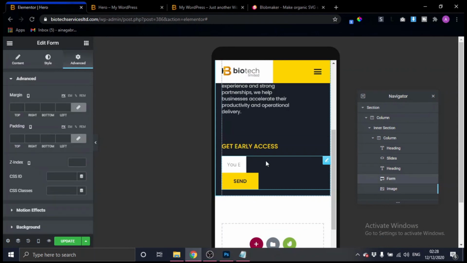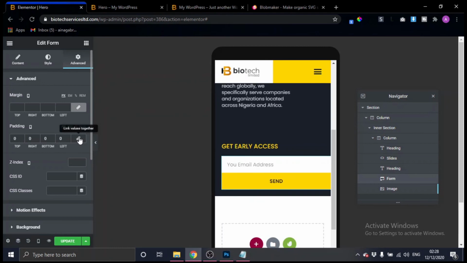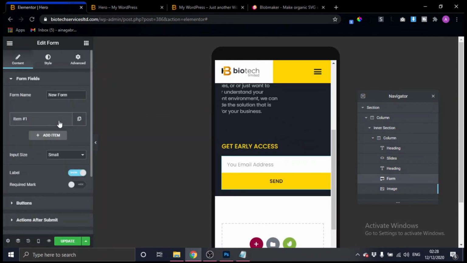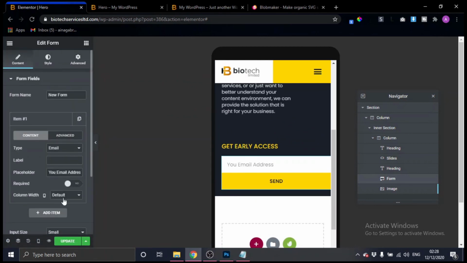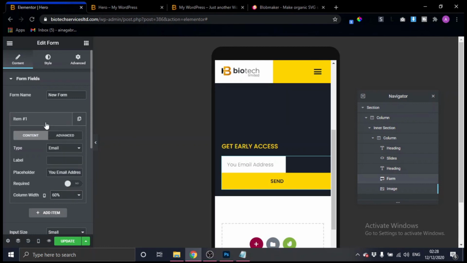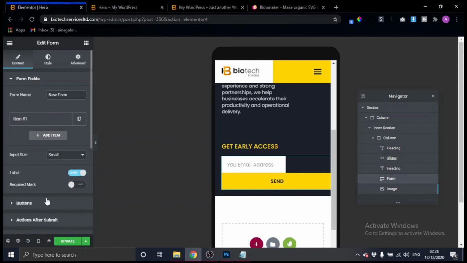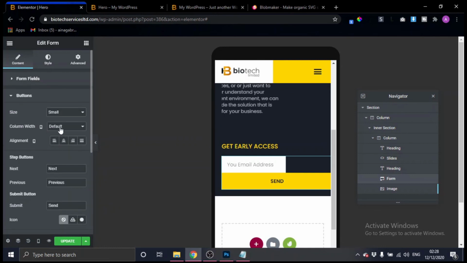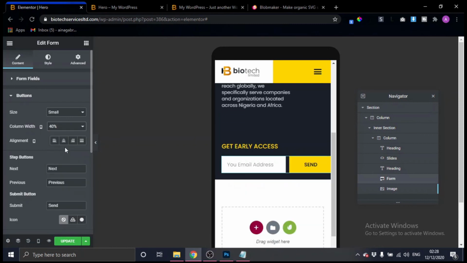All right, on this form right here, the email sign up, all you need to do is uncheck this right here. I think that settles it. And then if you come down here, the column, let's make it 60, while the button, let's say 40.